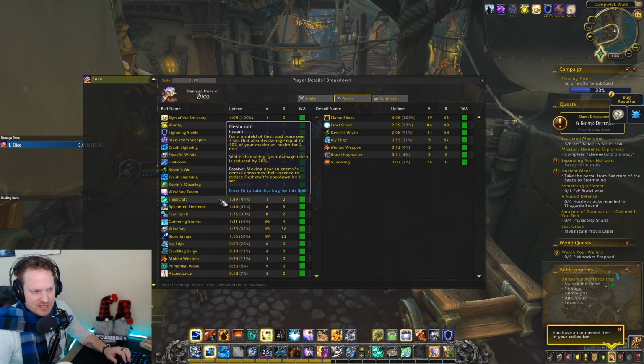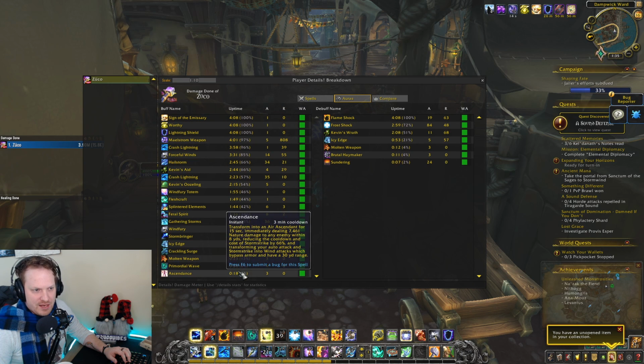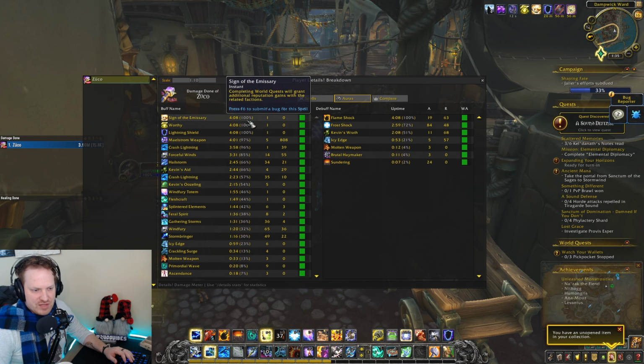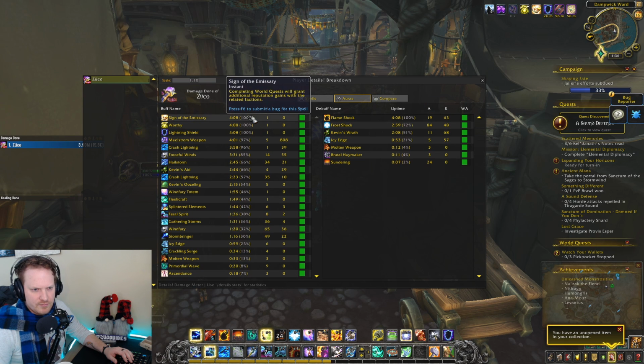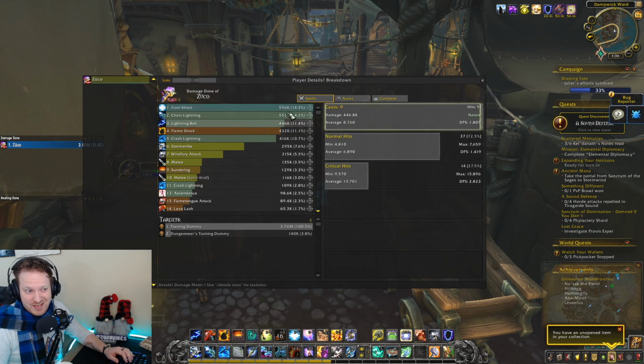Jeepers. But let's look at how many times the sentence procced. 3 times in a 4-minute fight. So that's more than every minute. It's like a minute and 25 seconds, right? A minute and 20 seconds, sorry. Yeah, it procced 3 times. So that's every 1 minute and 20 seconds it was proccing, which sounds kind of good, except that on these other pulls that I was doing,